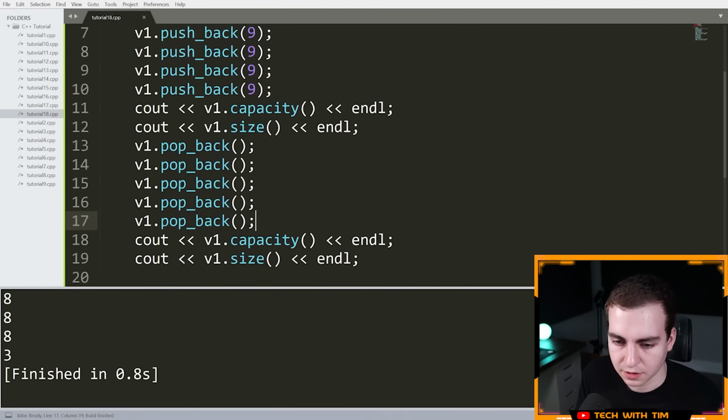Let's see what we get here. We get 8, 8, 8, 3. So the capacity is not going to decrease when you remove elements. It's only increasing. So if you want to decrease the capacity of a vector, and again, the reason why you